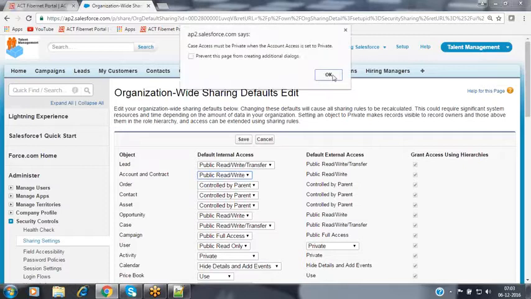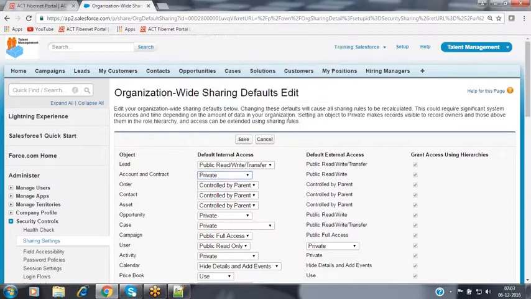Previously, we observed that when a user creates a new account record, this record is visible to everybody. Not only my manager, all the people are able to see my record. But now I want to restrict the visibility of my records. If I create a record, then as the owner I will have full control, and along with myself, my manager will have full control on the record, and the other people inside the organization should not have access to it. If the record needs to be visible to those people, I will additionally give them access to my record. So now I am going to make the account object's OWD private.